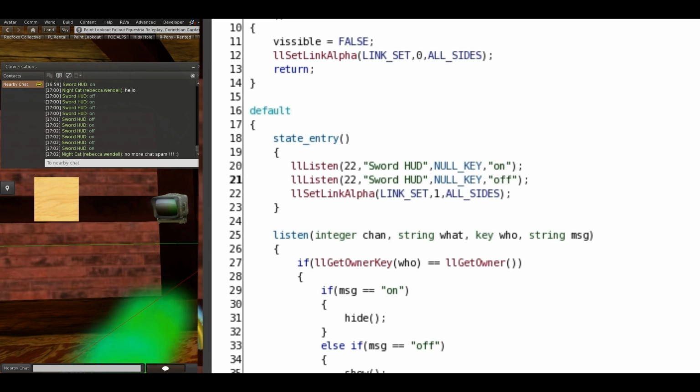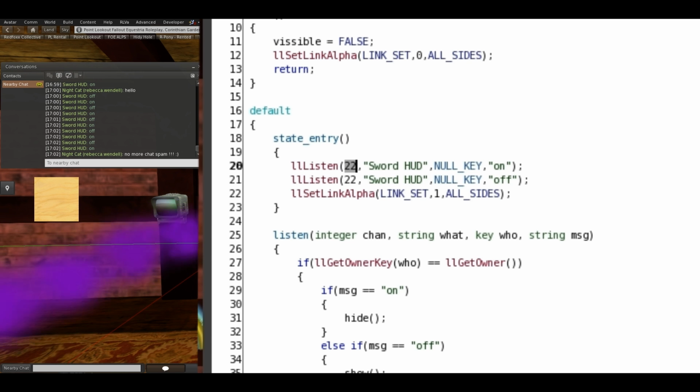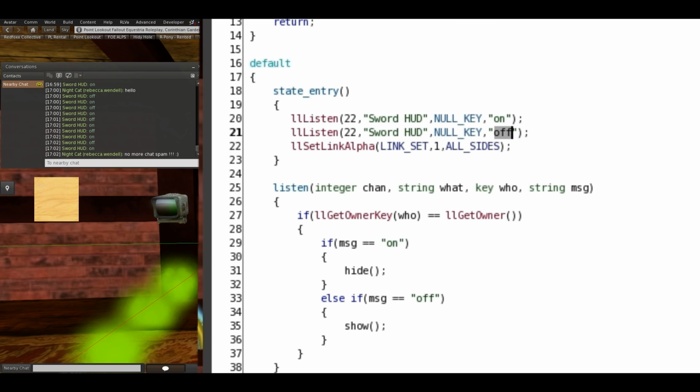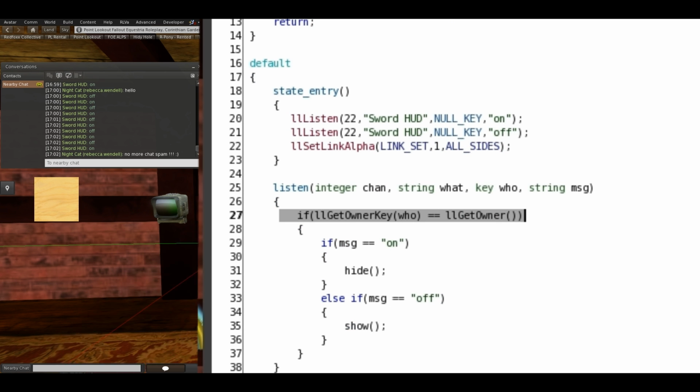Now, whenever we click this and it sends a command on channel 22, it confirms it came from sword HUD, and unless it says either on or off, it will be ignored. So any other devices out there broadcasting on channel 22, if they're not named sword HUD, it ignores them. If somebody created another thing called sword HUD, it would only have to check for those 2 commands. Otherwise, it would ignore it. And that's before it ever gets down here to process